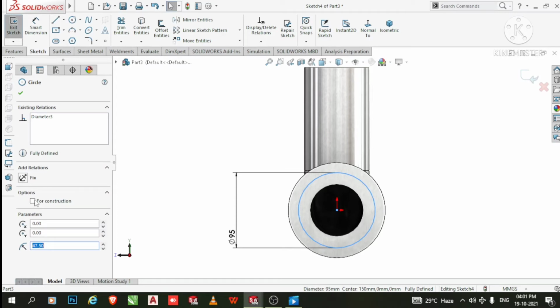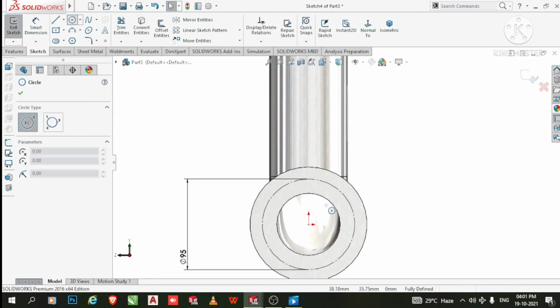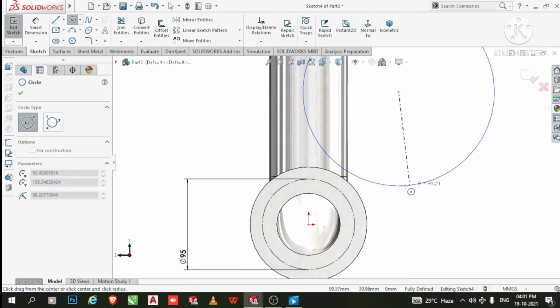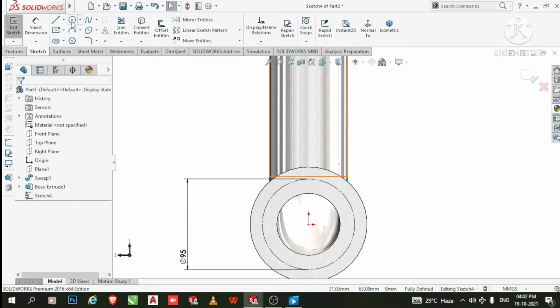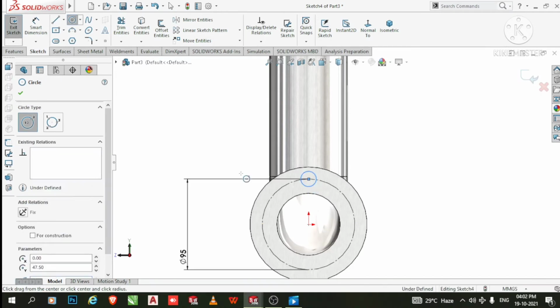Select this one and make it for construction. Okay, and here we select circle and uncheck this one, select circle and from this origin point we create the circle from this point up to this one.